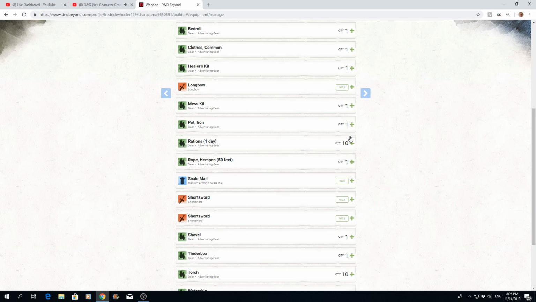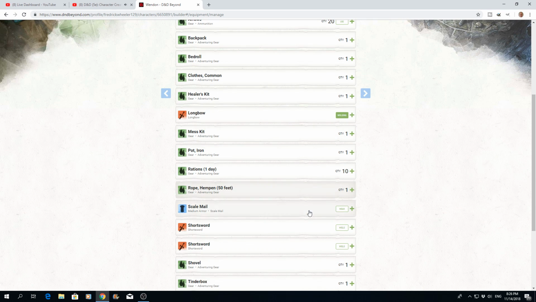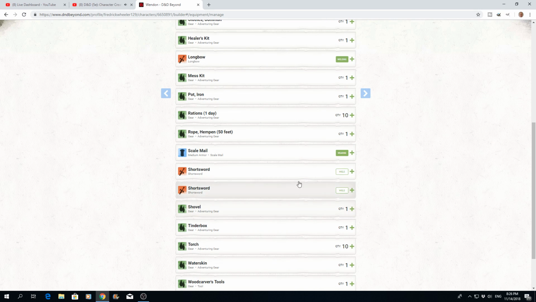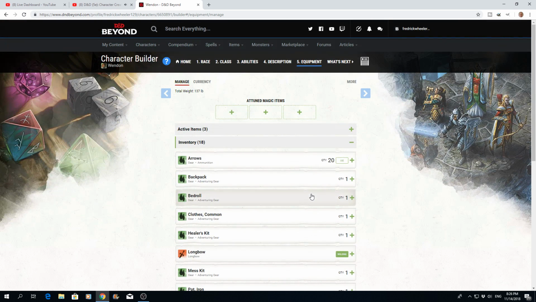So we'll go in here, and it'll show us everything that we have. We have arrows. We can use them if we want to. I'm going to wield the longbow, so the mats for using it are already ready to go. I'm going to add my scale mail, so my armor class is updated. I'm going to select the short sword, only one of them. I don't need to have both repeatedly calculated for me. That should give us everything we need, and then we go next,